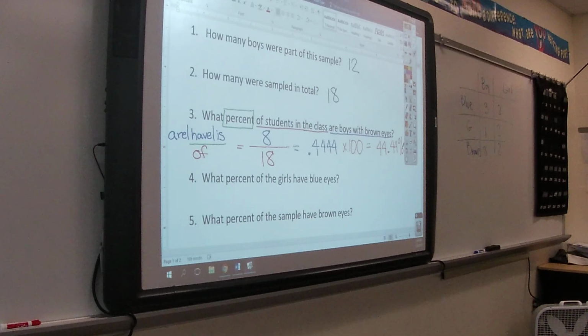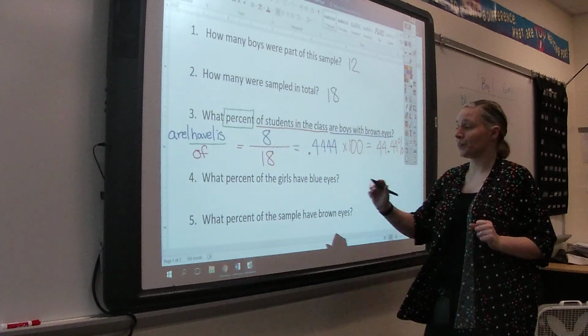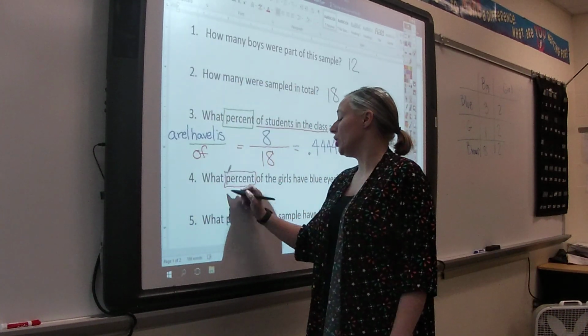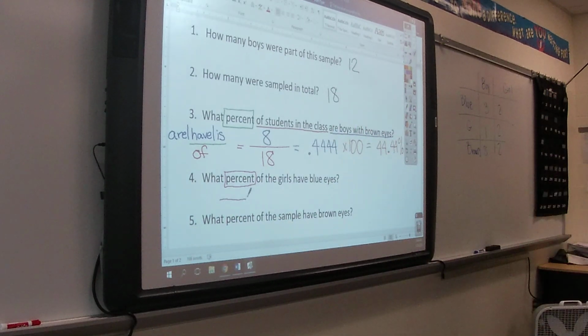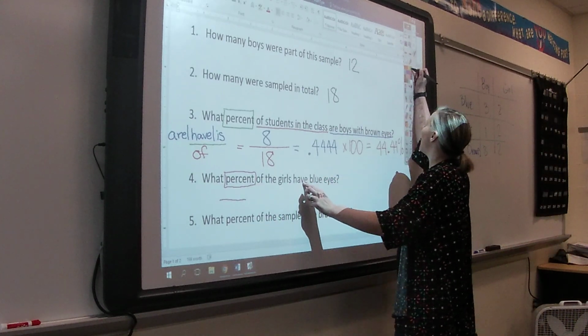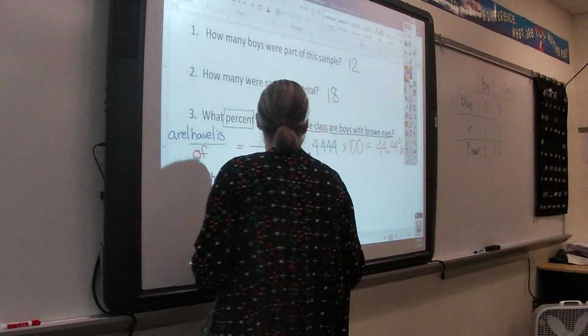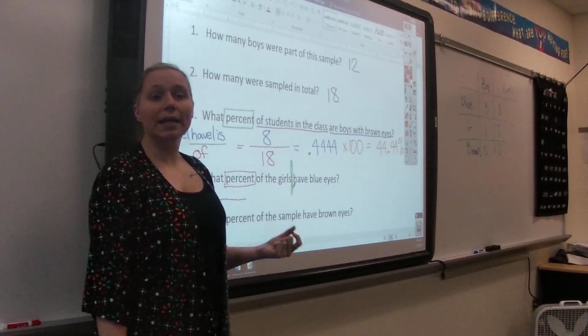Okay, so let's look at number 4. What percent, so again, we're reading the word percent, so we know we need a fraction, of the girls? So here's the word of, here's the word have, so this is sort of where we need to split. Of the girls. So we need the number of